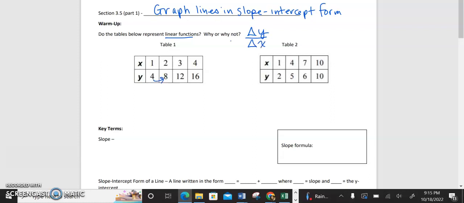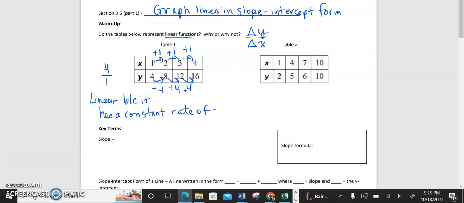In this one, from 4 to 8, we're adding 4, and 1 to 2, we're adding 1. 8 to 12, we add 4. 2 to 3, we add 1. 12 to 16, we add 4. 3 to 4, we add 1. And so our rate of change is 4 over 1, and it's a constant rate of change, which means it's linear. If we graph this in the plane, these points would form a pattern that could be connected to form a